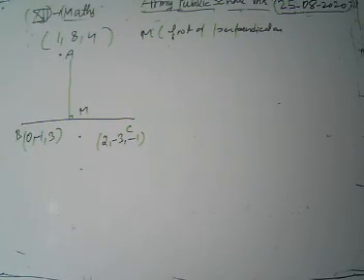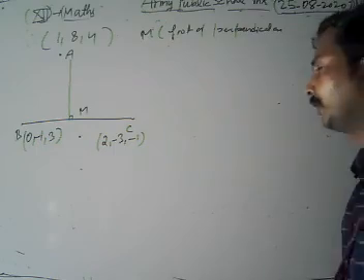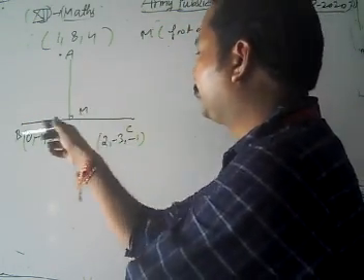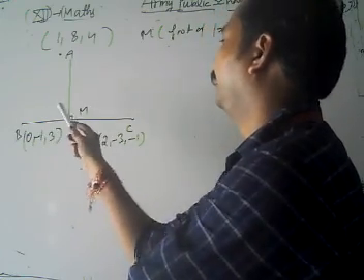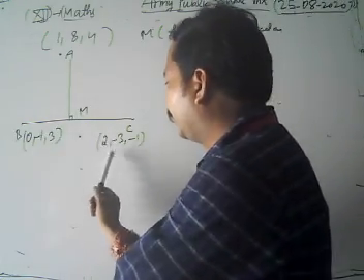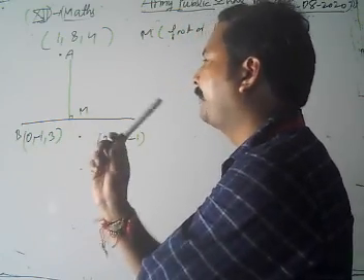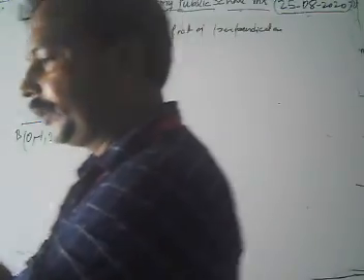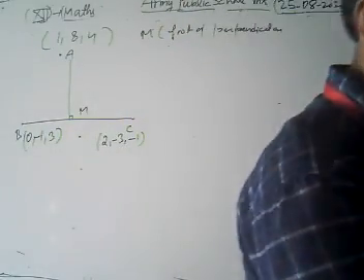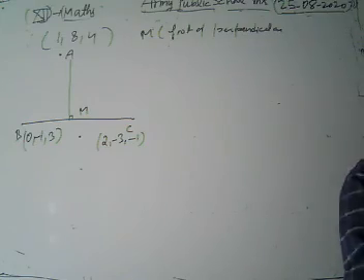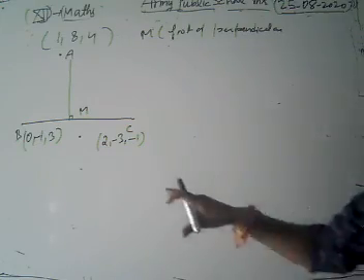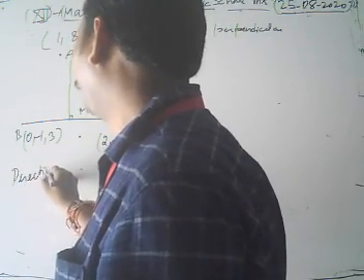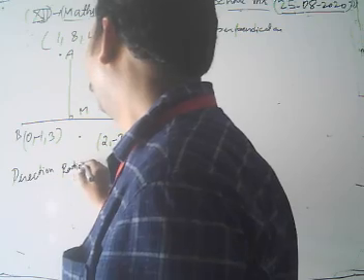Look, how can we find the foot of the perpendicular there? First of all, AM is perpendicular to our line BC. Then we can find the direction of BC, and then we can find the values of M. First, we are going to find the direction ratios of BC.